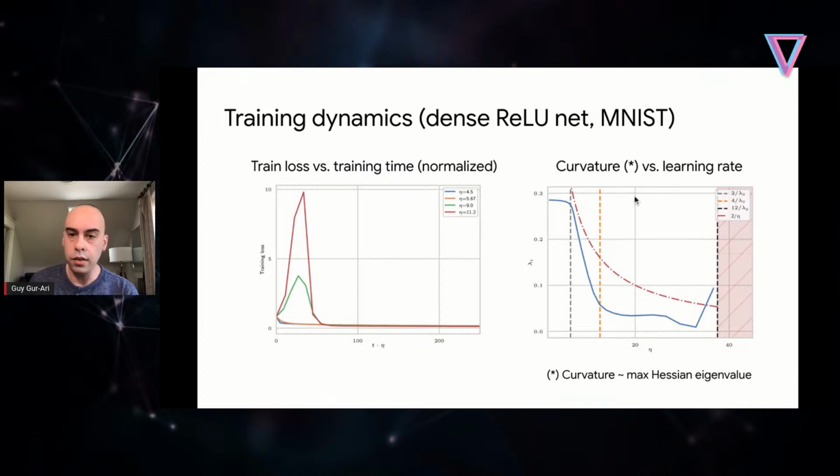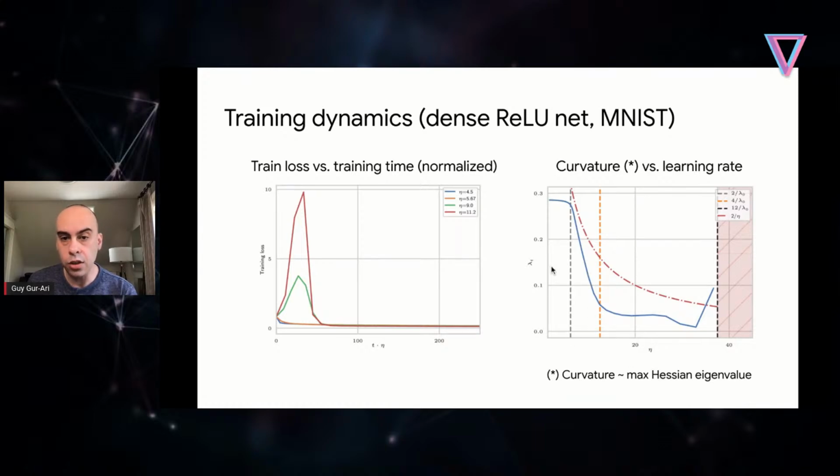The second effect shows up when we measure the curvature. We already mentioned that some measure of curvature is correlated with good performance. We know that curvature is a basic observable that's interesting to measure when training networks. And here what we're doing is sweeping over learning rates. This is not time now. These are learning rates. We're training the network for a bit, and then we're plotting the curvature. Here, the curvature means the maximum eigenvalue of the Hessian, just a local measure of how curved the landscape is.